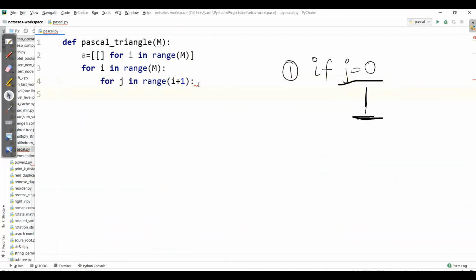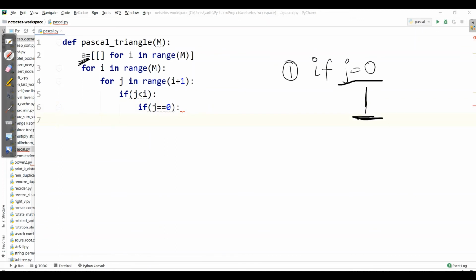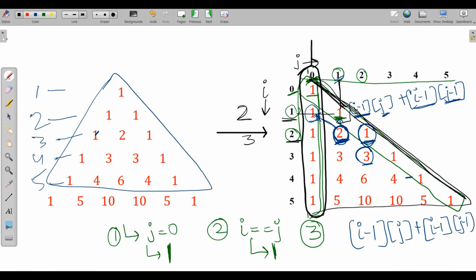So let's write the program. Here we will define an if j is less than i. Either it will be 0. If j is equal to 0, our list should be appended with 1. So I can write a[i] should be appended with 1. Now the second part of our algorithm, we need to define for our diagonal points.